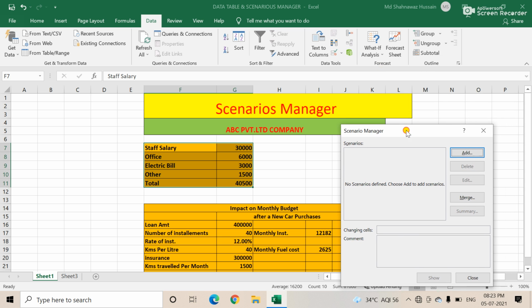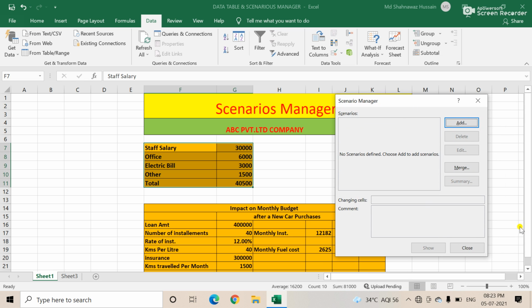After this, the Scenario Manager window is visible on the screen. On the right side there are many options: Add, Delete, Edit, Merge, Summary, changing cell, comments, Show and Close. At this time the Add, Merge and Close options are activated and the rest are deactivated. This part is to add the scenario, so we are going to add.